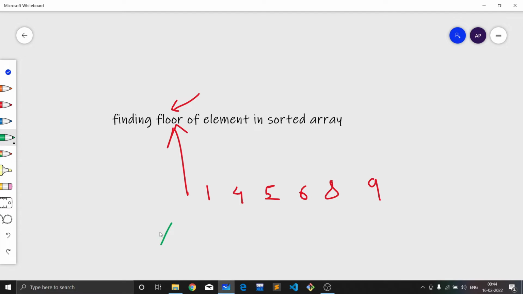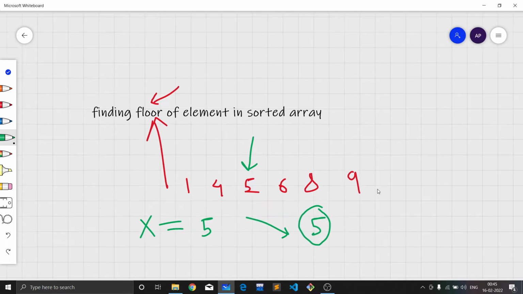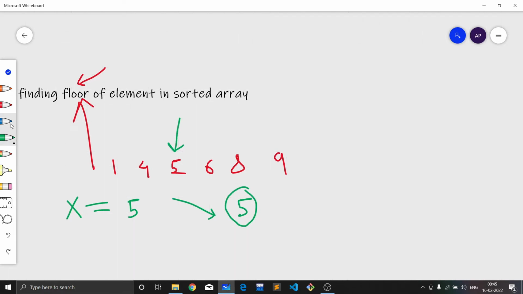Let's say the target element is x and it is 5. So it is given that if the target element is found in the array, that is, it is here, then our answer will be 5 itself. This is one of the cases, and the second case is that if it is not found,